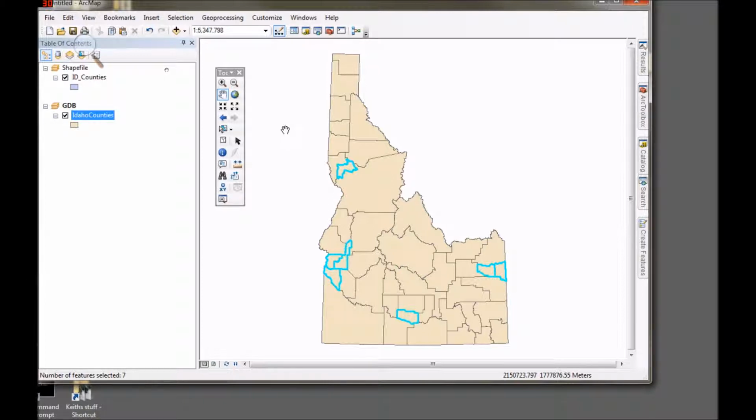It's not a relational database, it's a flat file database format, and it is not fully ODBC compliant. That's ODBC, Open Database Connectivity. So it's not 100% compliant, and here we see one of the shortcomings of working with the now antiquated shapefile